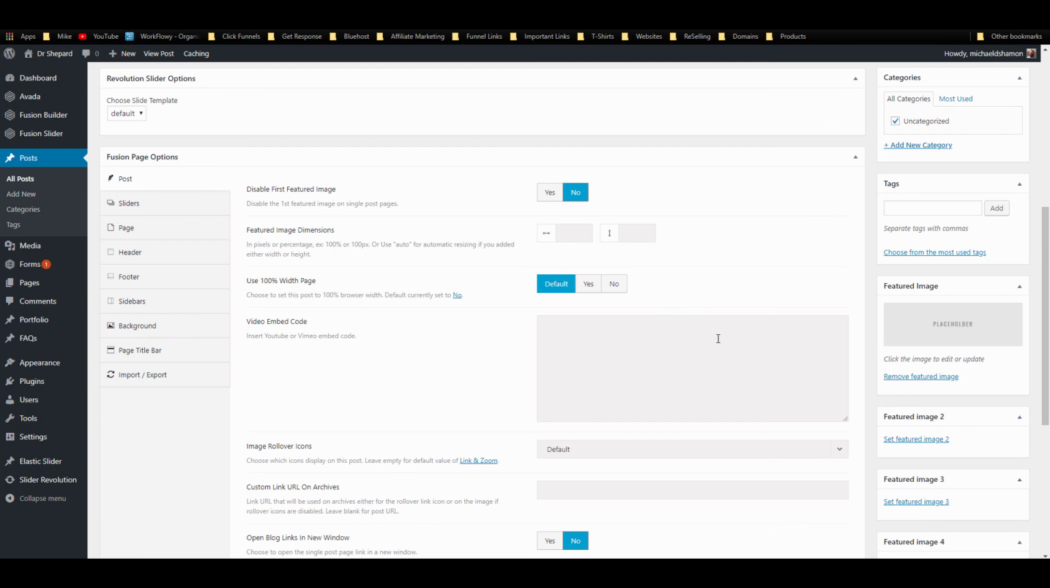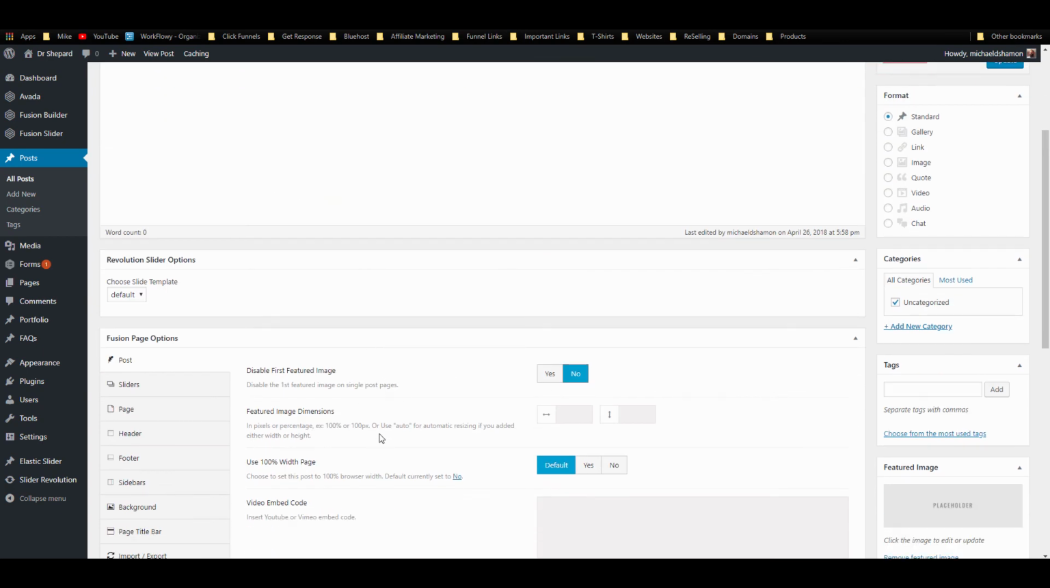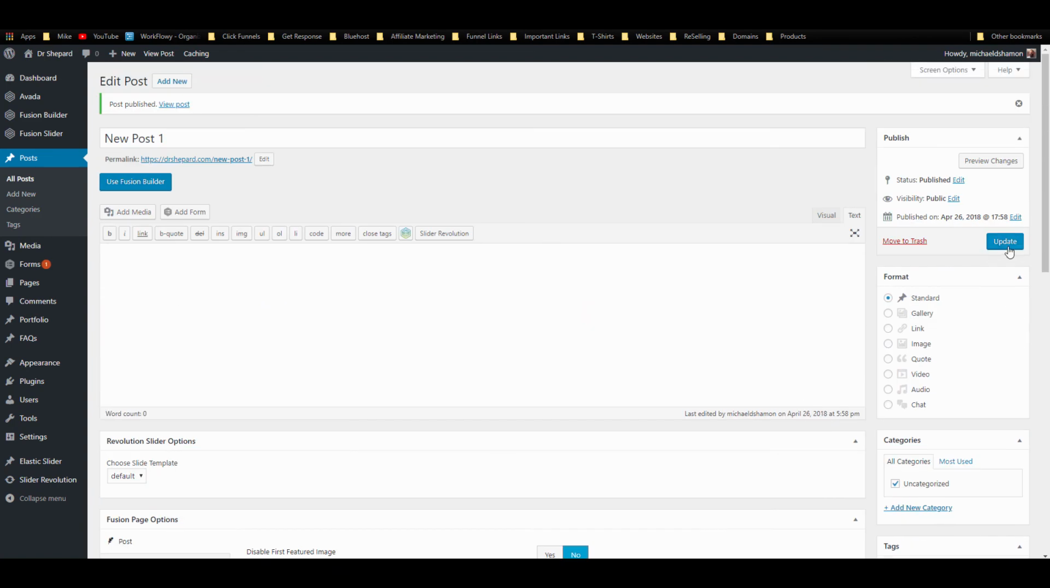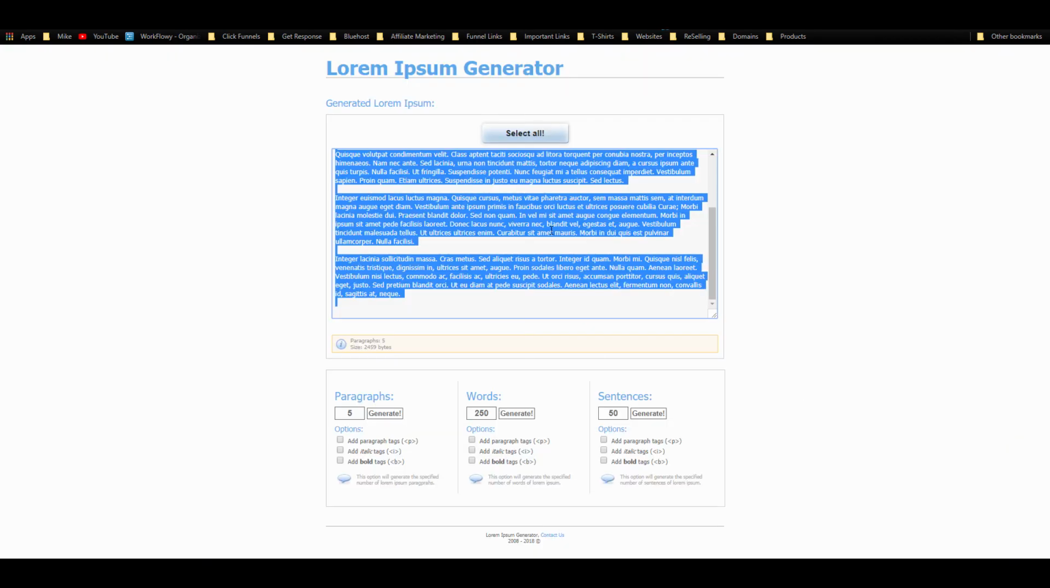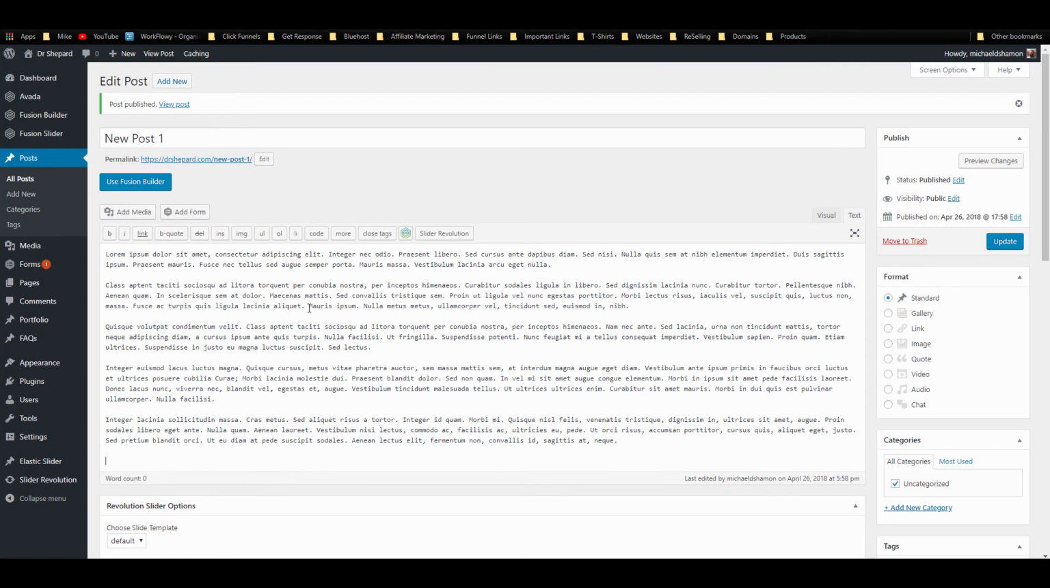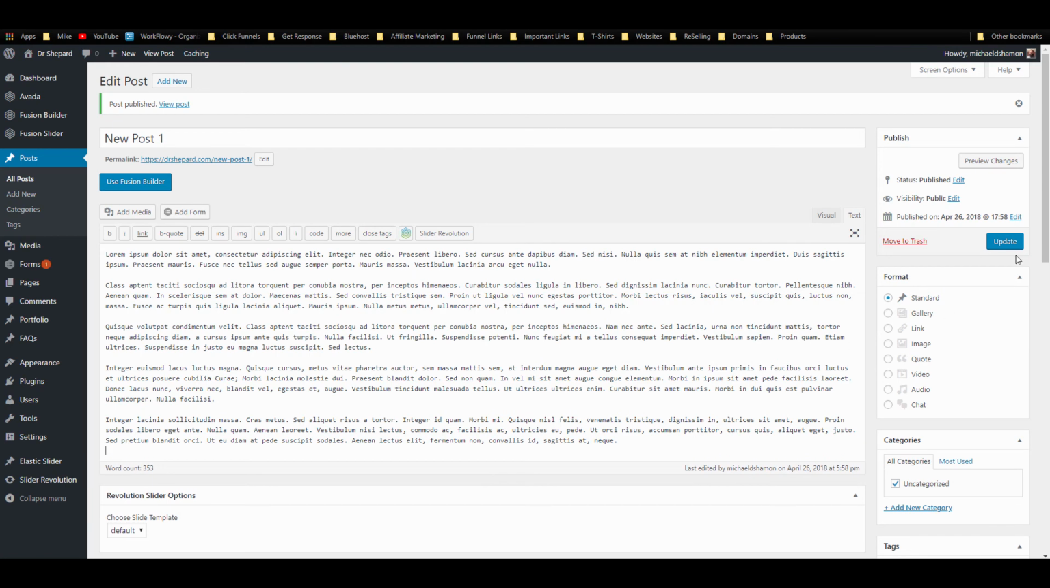And then you can add a featured image here. It's probably way too big for that, I believe, but alright, and then you can have options here of if you want to display featured images or not. What I'm going to do is put some text in here, paste it, update,